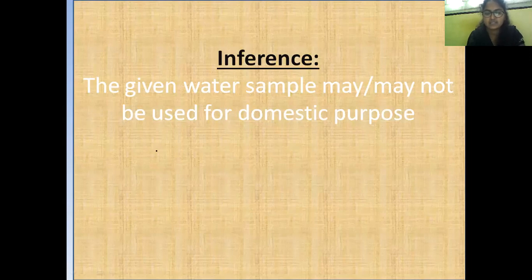From a taste point of view, above 250 mg per liter of chlorides in water is unacceptable for drinking purposes. However, in some cases water supplies containing about 250 mg per liter of chlorides are also useful for domestic purposes, without adverse effects once the human system becomes adapted to the water. So it is safe for human beings, and we can use it for domestic purposes.